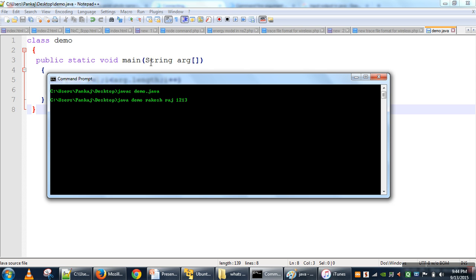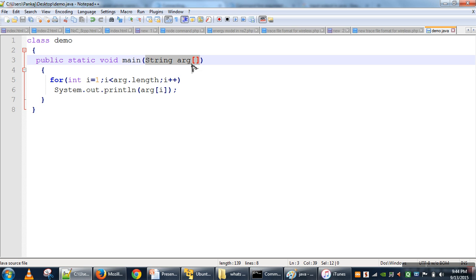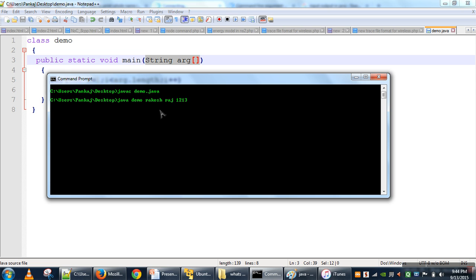Now the main method in Java requires one argument, a string array. Every argument we specify at the time of execution is stored in this array.